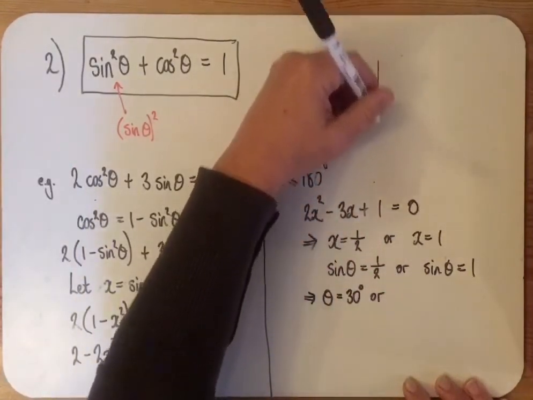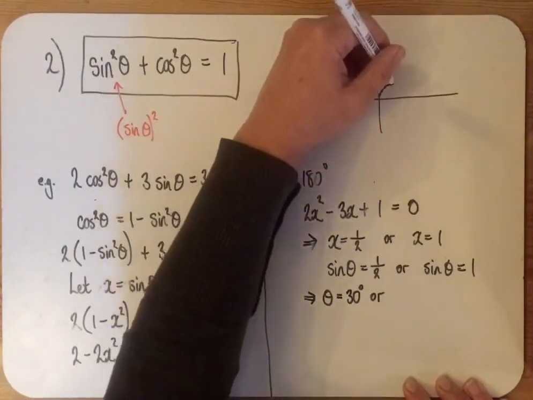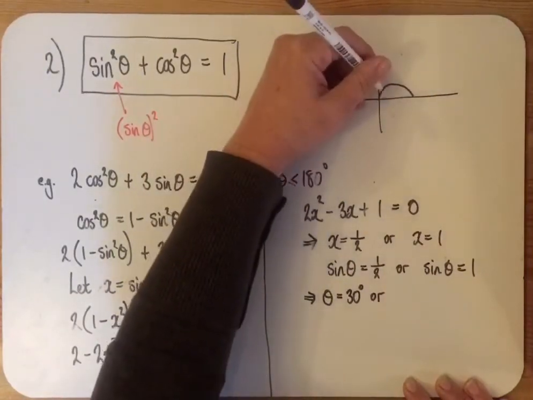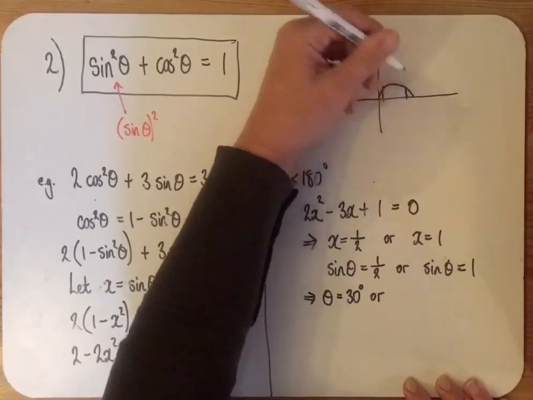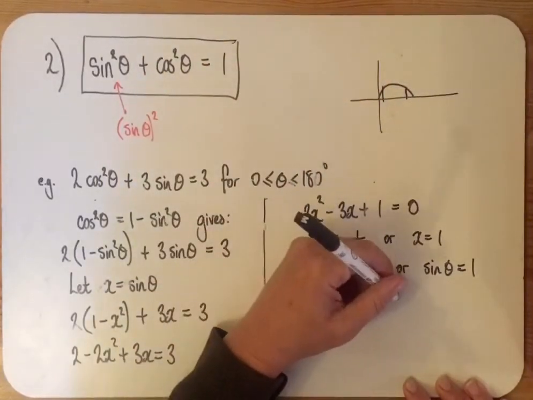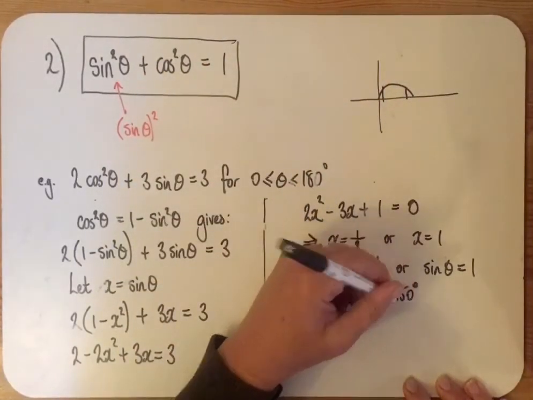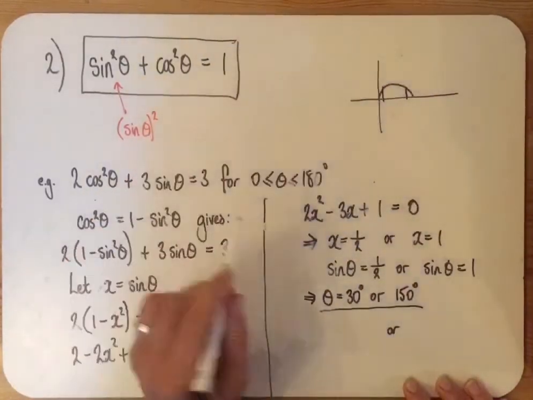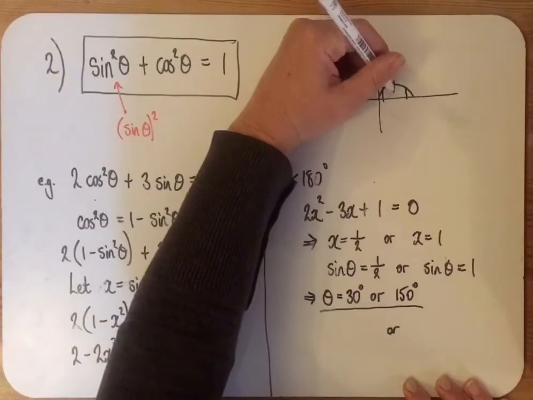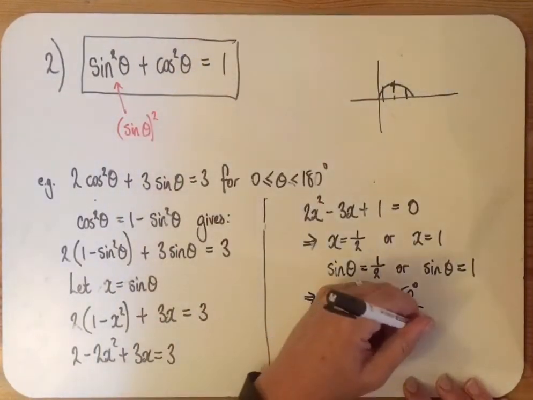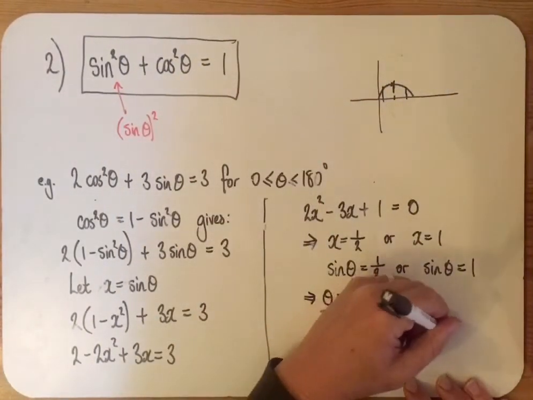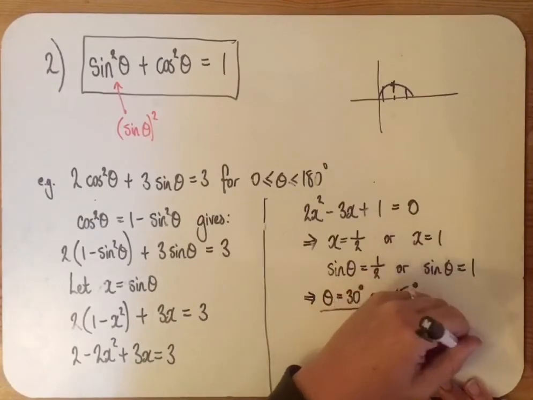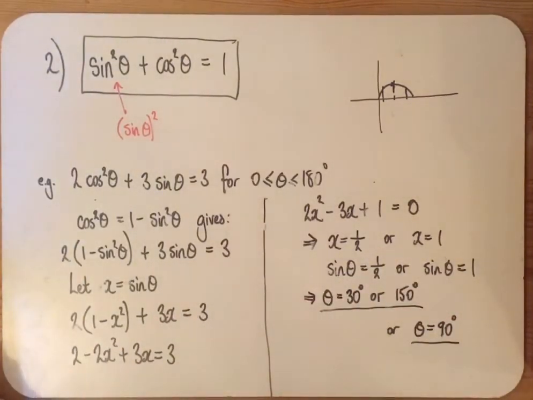And then sine curve, first 180 degrees literally just does that. So if I've gone forwards 30, I need to go back 30. And if sine theta is equal to 1, between 0 and 180, we're here at 90. So 3 solutions